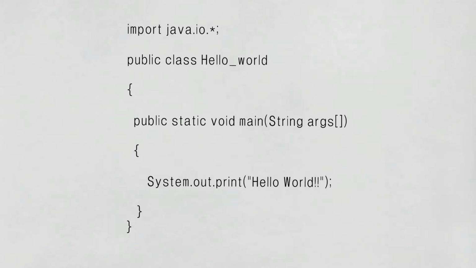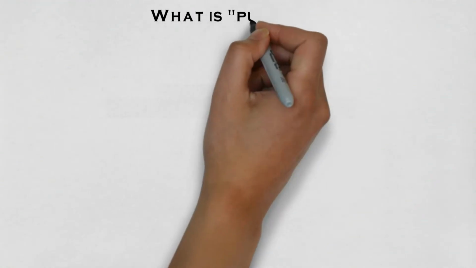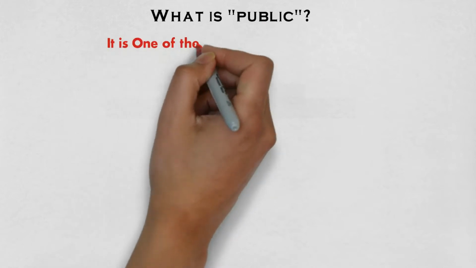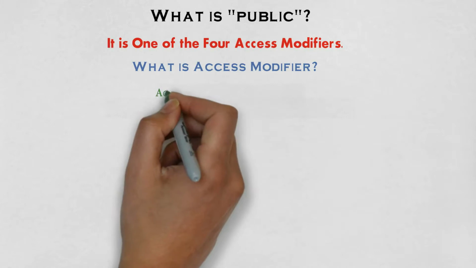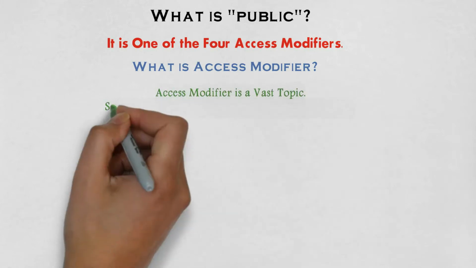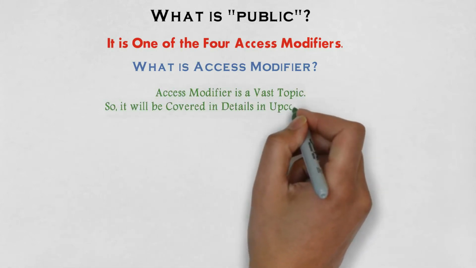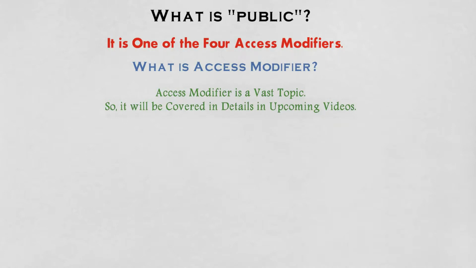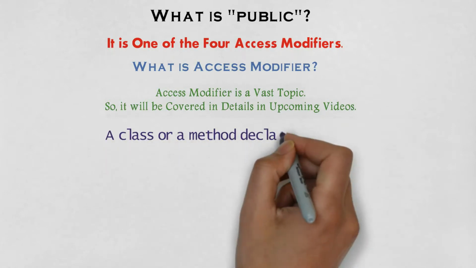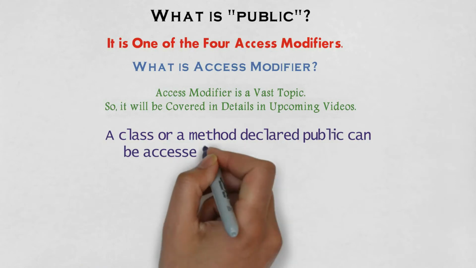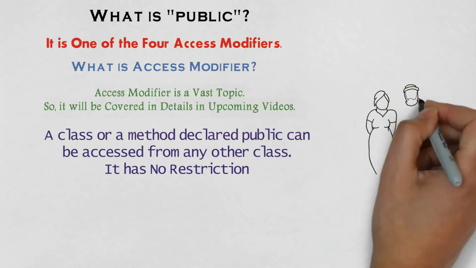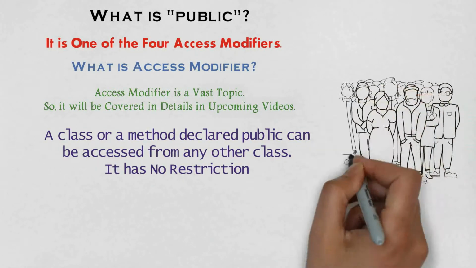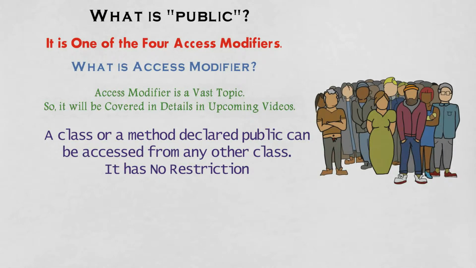Now coming to the next term in the program, that is public. Public is one of the 4 access modifiers. What are access modifiers? Access modifiers, being a vast topic, will be covered in our upcoming videos. First, let us know what is the purpose of the term public. Using the word public before a class or a method allows the class or method to be accessed from any other class without any restriction,